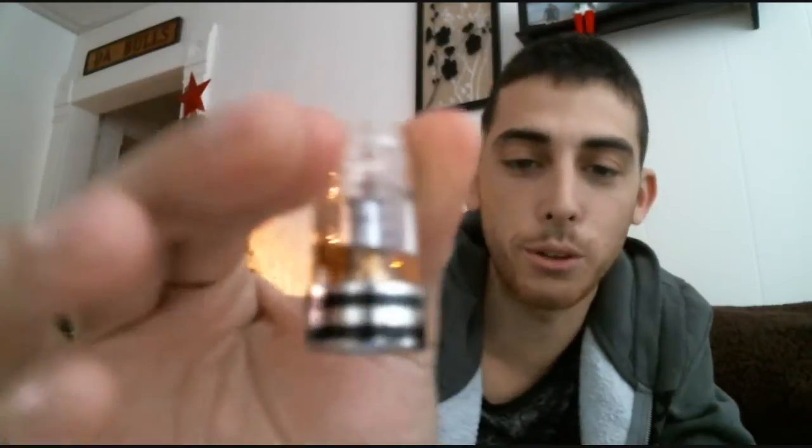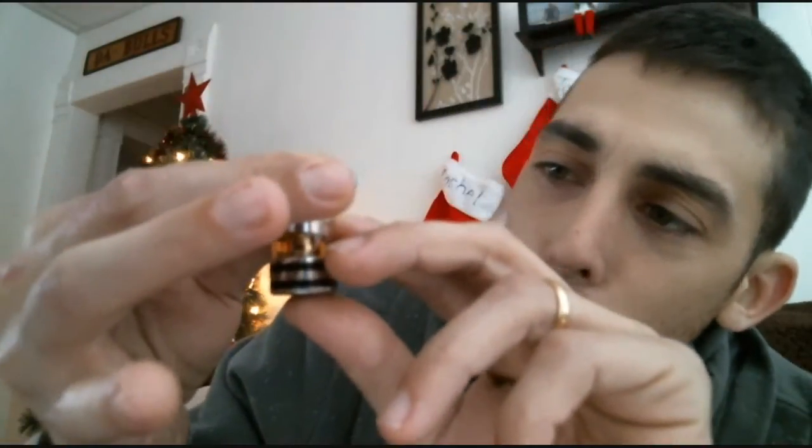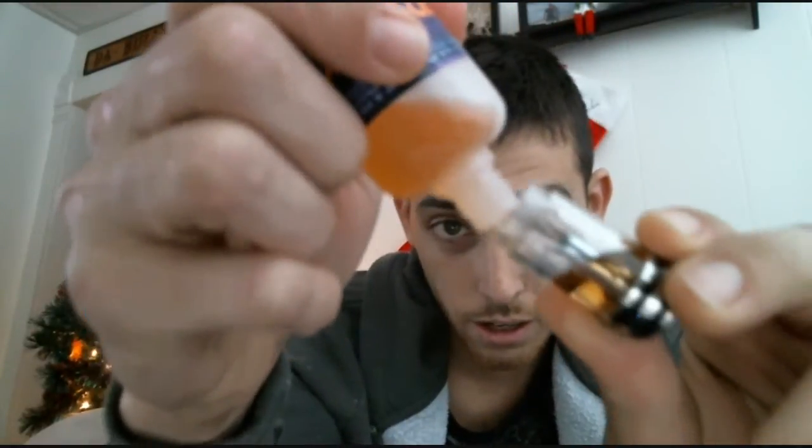What they did is they put the max, I wish I could show you, this damn HD thing's pissing me off, but it says max right there, and it's actually the right way up. So when you turn it upside down, it says max, and it's upright, so you can actually read it. But when you flip it the correct way to vape it, it's max upside down. But there is a line that tells you exactly where max is, and it is right at the top of that collar. So to fill it, same thing down the side,